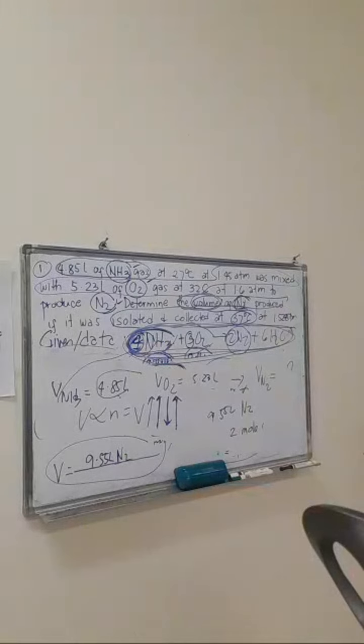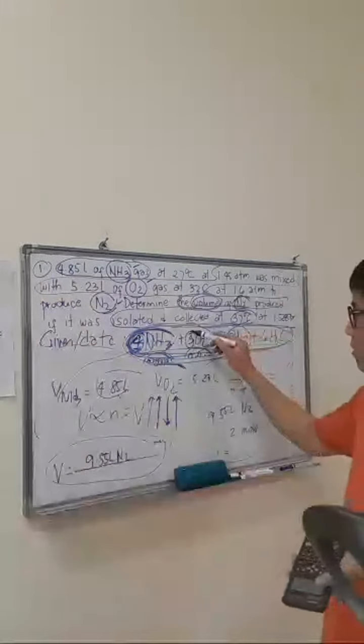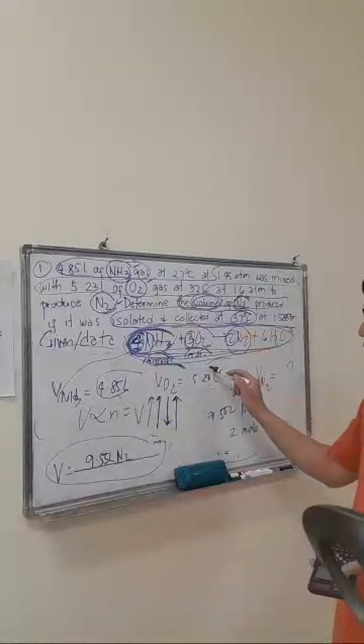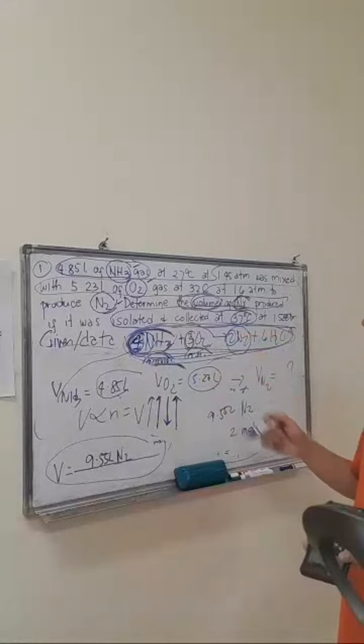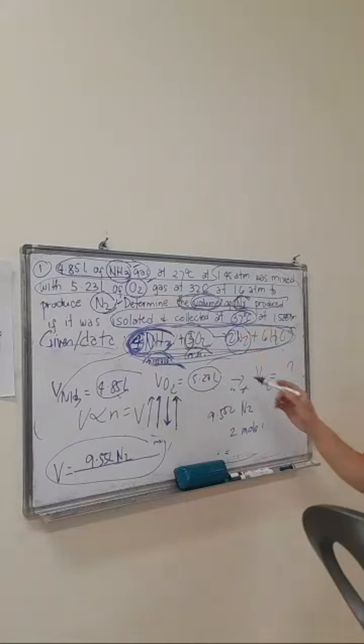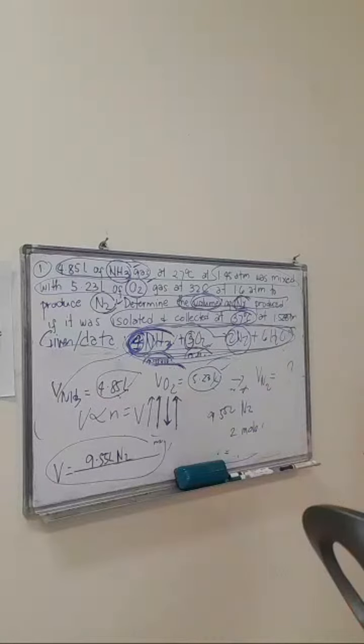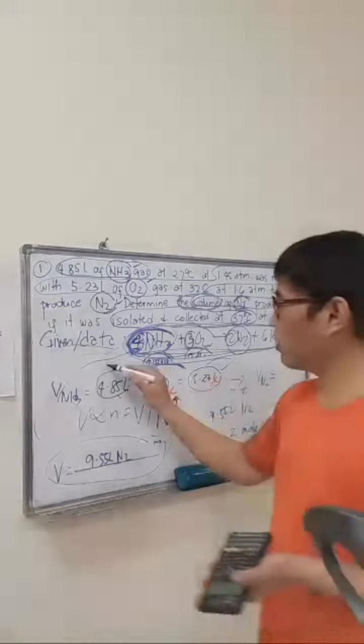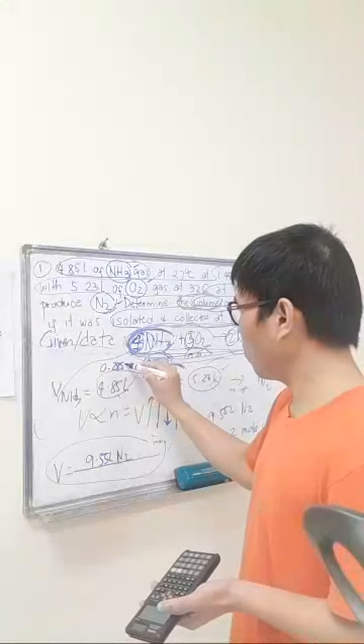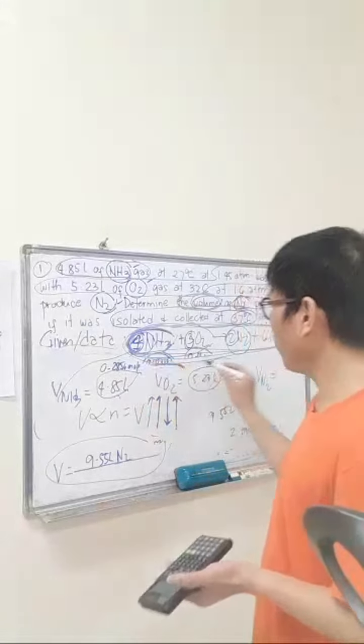And for the oxygen gas, our moles is 3. Then 5.23. But take note, this 5.23 is the initial, not the final. Okay? So I will take note of the 0.2856 mole that we got earlier, and the